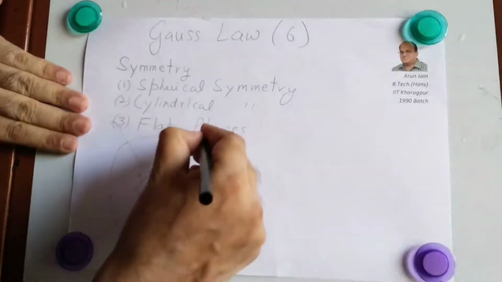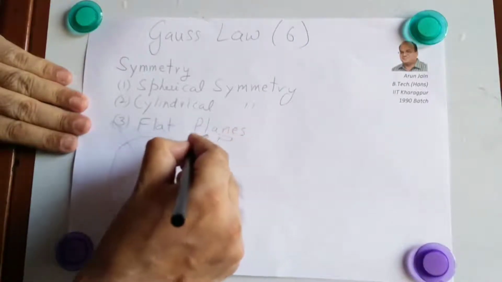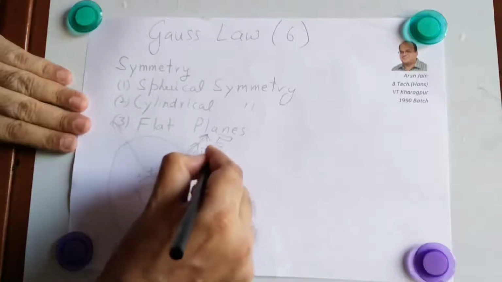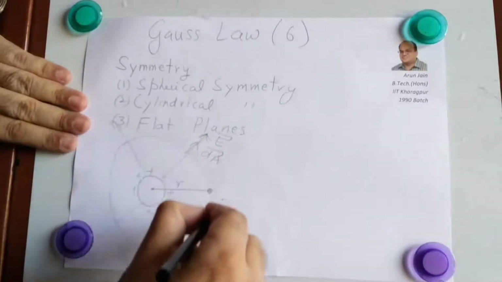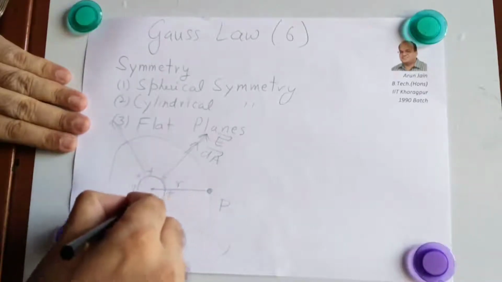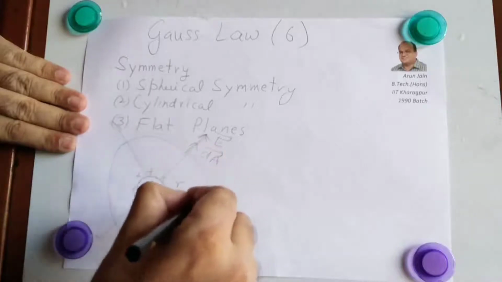And at every point, the electric field vector will be parallel to dA vector because dA vector also will be radially outwards. Since this is symmetrical, same distance from this spherical shell, all points will have the same magnitude of